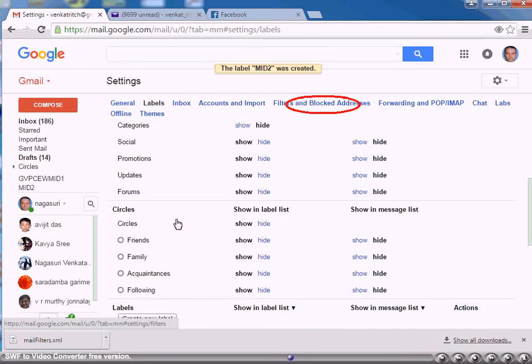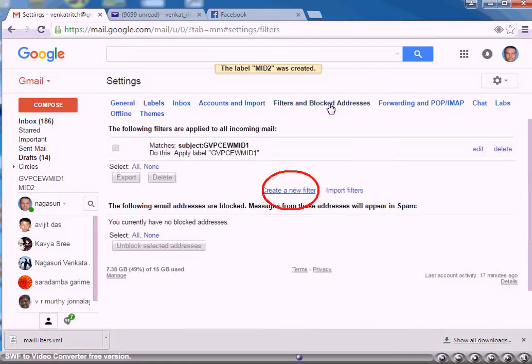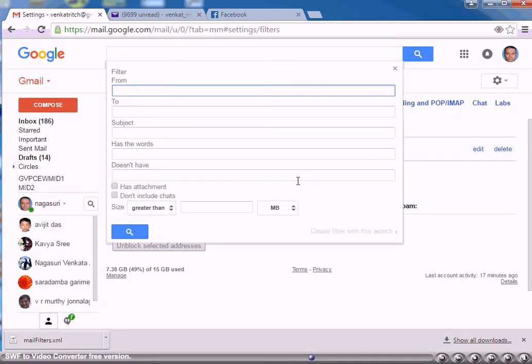Once you enter a label name and press enter, again you will go to settings. There you have to click filters. Then you have to select create new filter option. We get a pop-up window. There you can enter whatever criteria you want.